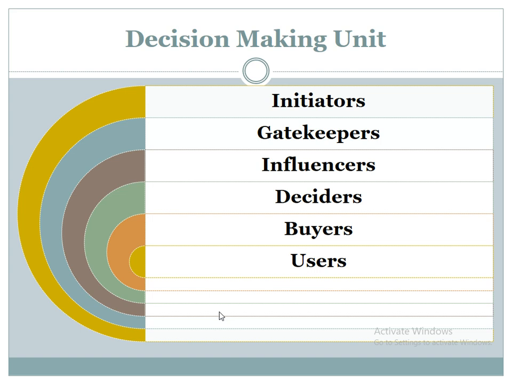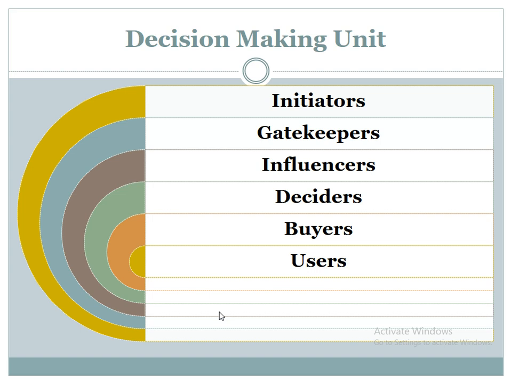Generally, for routine purchases, the buyer or maybe the purchase executive may be the decider, if the items are of low cost and we are purchasing routine items. But for high value and technically complex products, senior executives, board of directors, general managers, CEOs may be the deciders. So again, that depends on the situation.